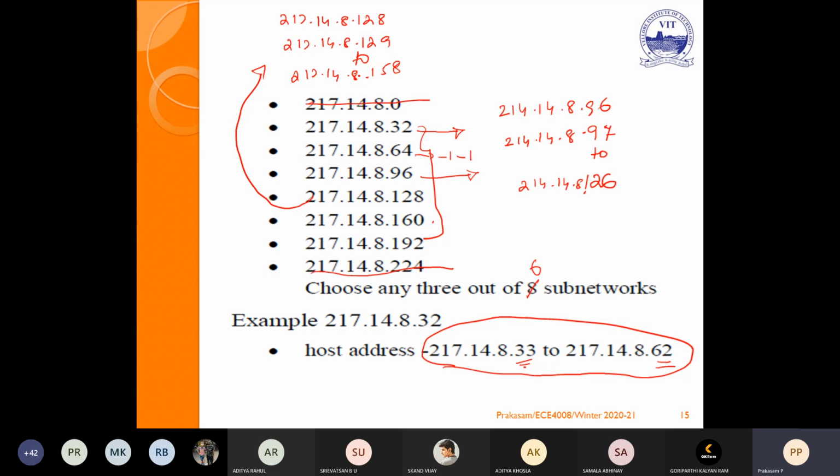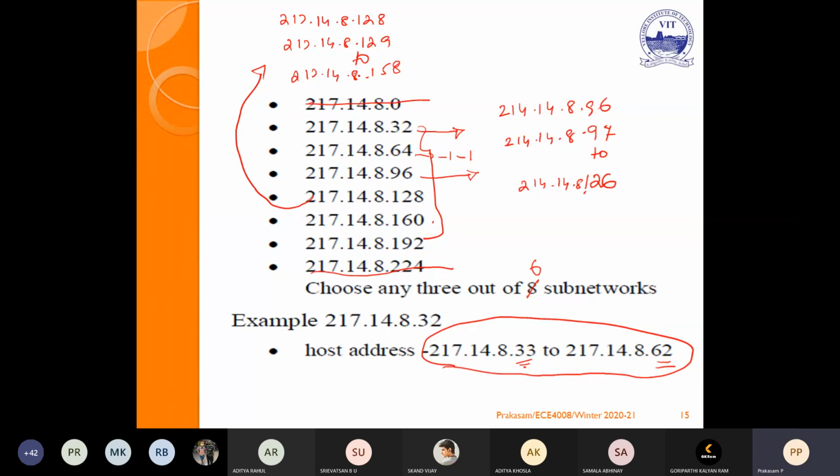This type of problem we may ask. We will give an IP address. We may give 3 different subnets. For example, here we are giving subnet 1, subnet 2, subnet 3. Instead of that, we may give it differently. Suppose I want to provide a subnet for different cities in India: the first city Delhi, second city Chennai, third city Calcutta, fourth city Mumbai. If it is given like that, you should understand we have to provide 4 subnets.